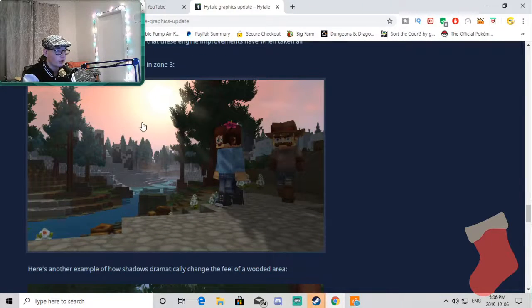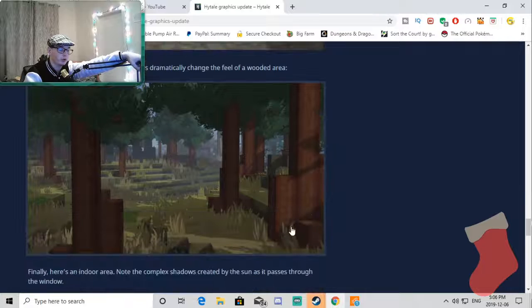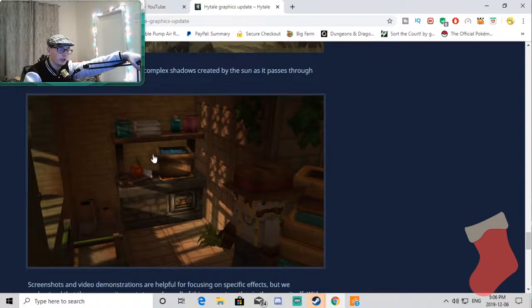This is zone 3. If you remember back to a picture of all the zones, there was the forest, there was a mountainous area, desert, snow, and whatever else of the hellish area. This is apparently zone 3. And then like the whole aspect, okay, so yes, this is probably just